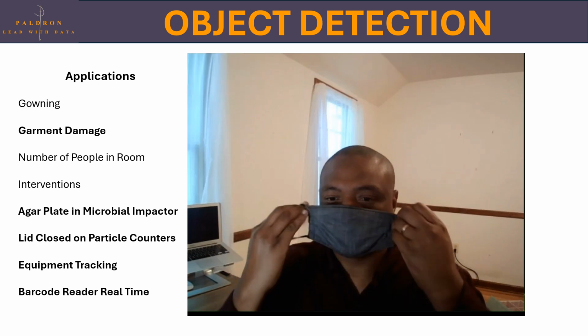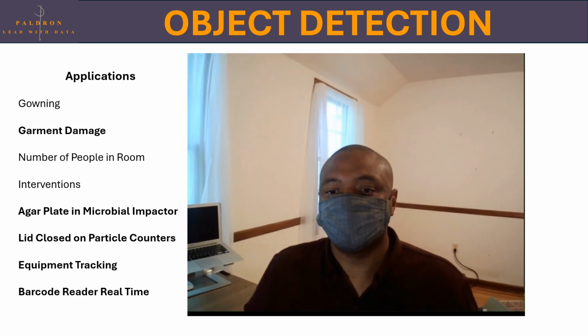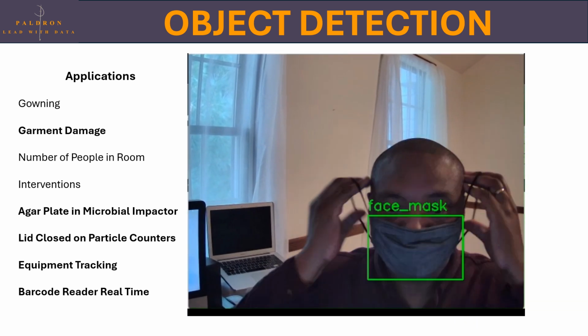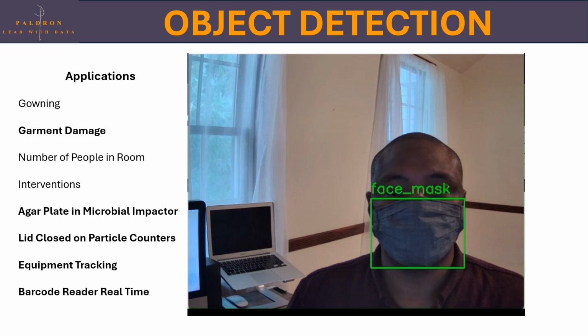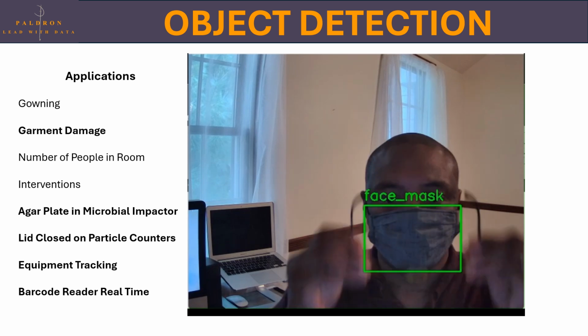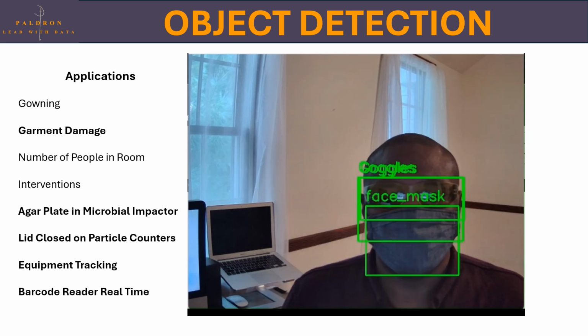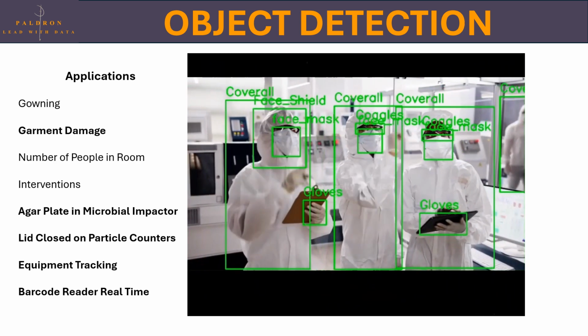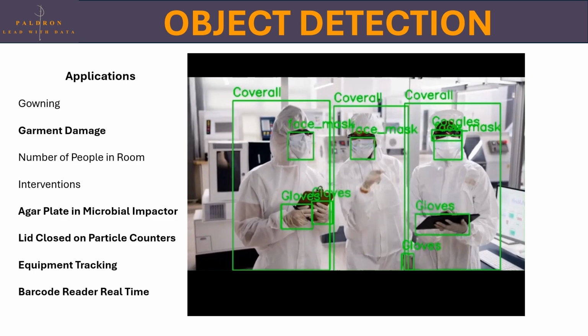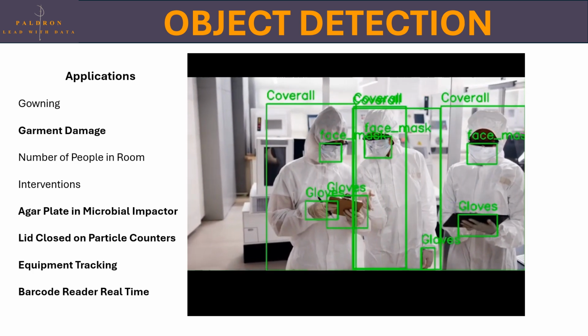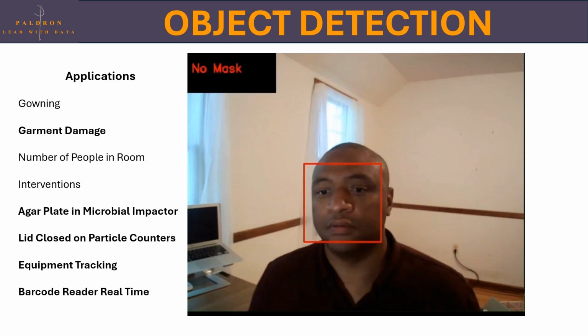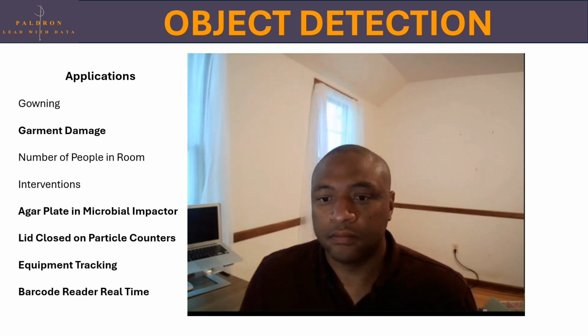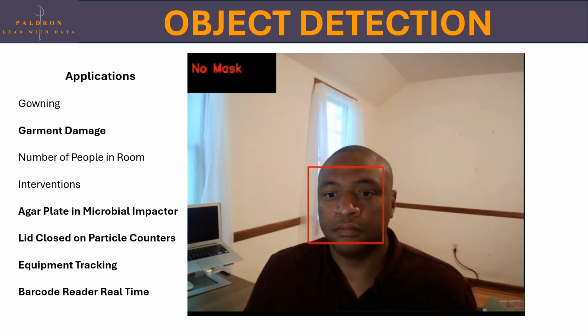We can incorporate this into the environmental monitoring system, and we can use this to do things like count how many interventions you have. We can look at the agar plate and see if it's actually located inside of the atrium or the microbial impactor. We can tell you if the lid is closed on the particle counter, and we can even track different types of equipment. So we can say that, in fact, there is no microbial impactor in place, or that there is a microbial impactor in place. So there's a number of different applications we can apply here to environmental monitoring, and you'll be seeing those come through in